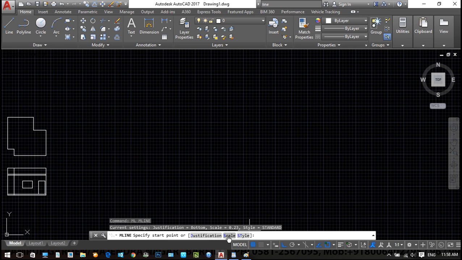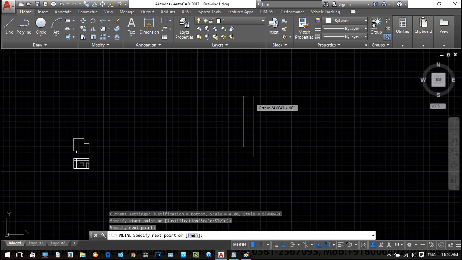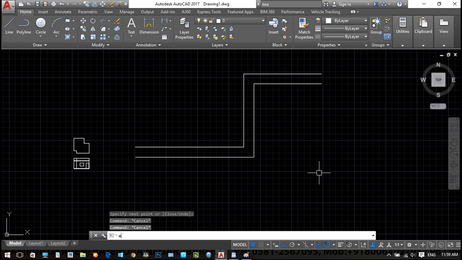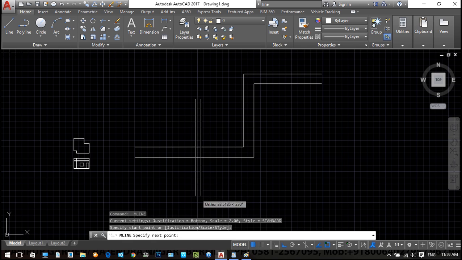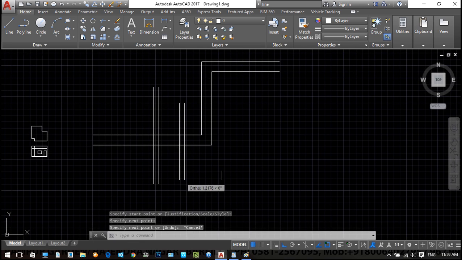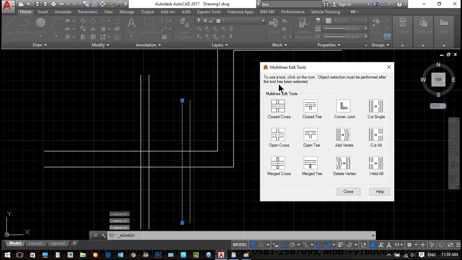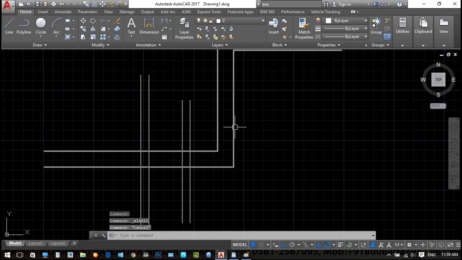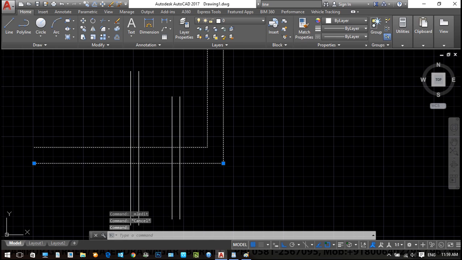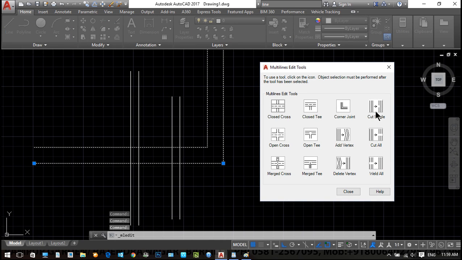Okay, go to scaling and we set a 4 meter road, and we decide the 4 meter road with ML enter, and now again we scale a 2 meter road, a connection road between them. So we selected like this. Wait. Now double click on that and you can find the multi-line editing tool. To edit any multi-line, double click on it. Now you can set different types of settings.